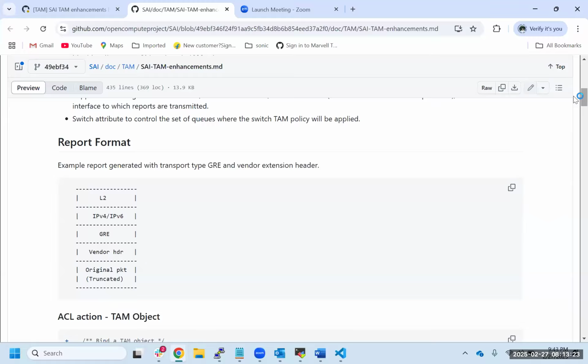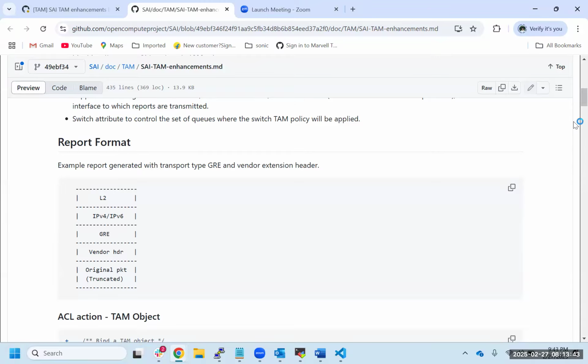Okay. So Ravi, are you going to have a new GRE protocol? GRE, what's called proto? That's a proprietary version. Yeah, we have our own. Whatever GRE has as a protocol version, right? We use our own proprietary GRE version. That's the reason we call it a vendor extension header.